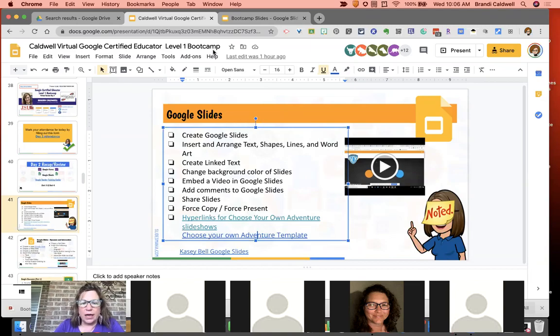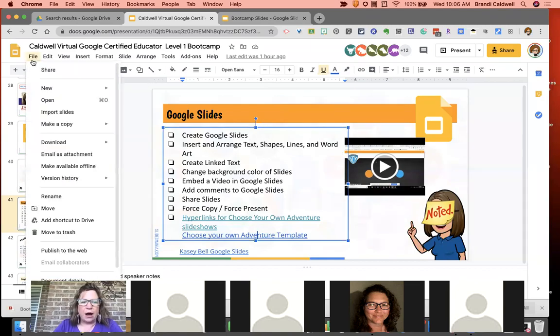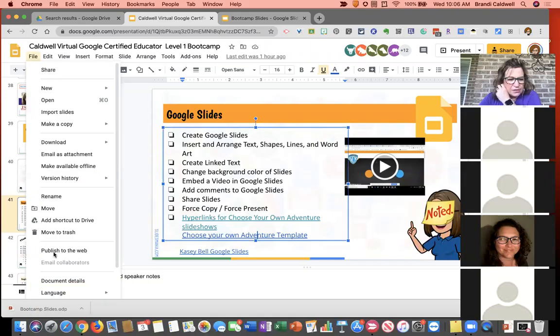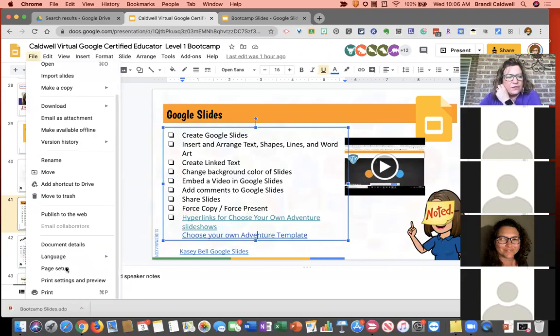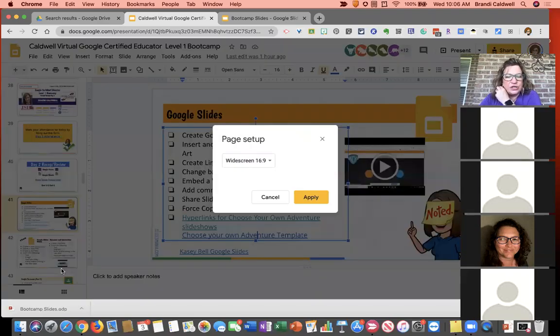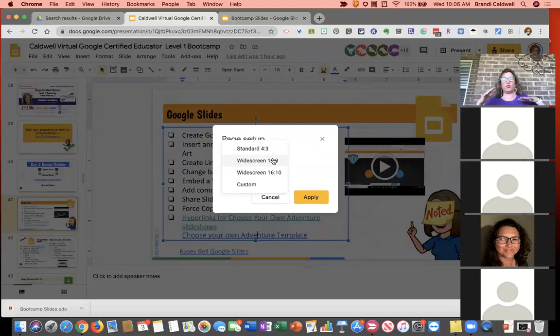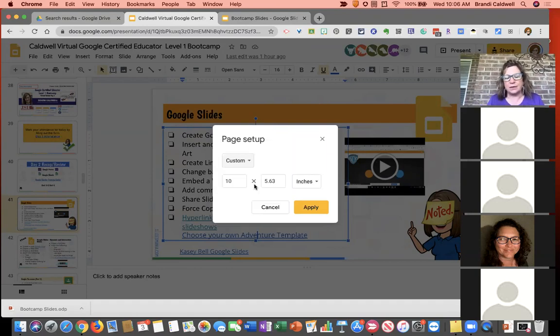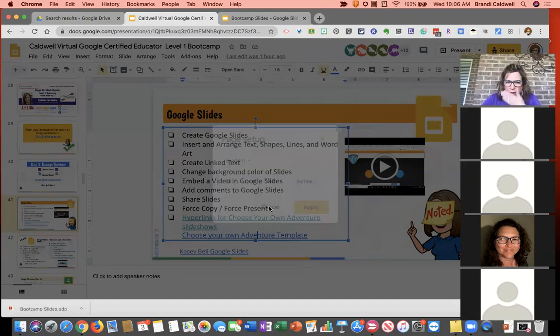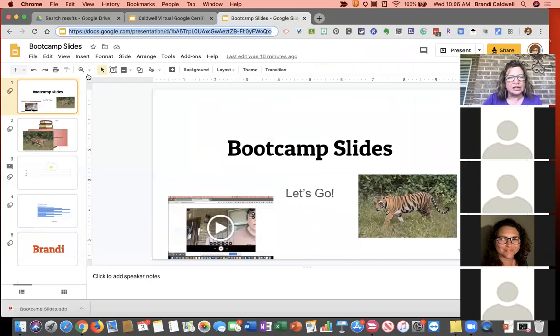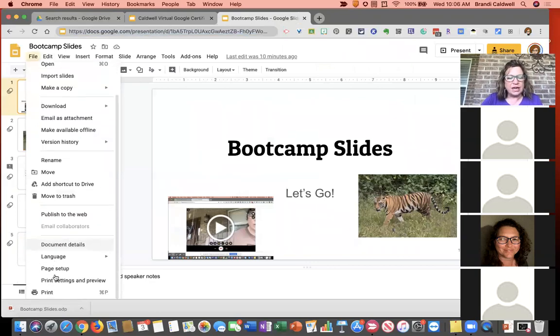And while we're talking about these slides, one other unique feature, and I think that it is further down. One other unique feature under File is Page Setup. Now it's going to default to this widescreen presentation mode, but you can say custom. What is unique about page setup